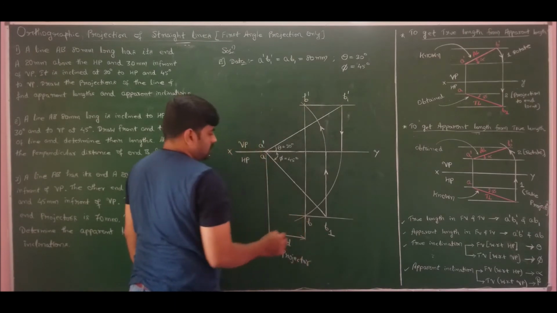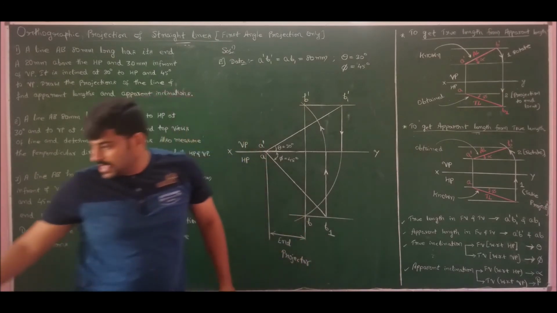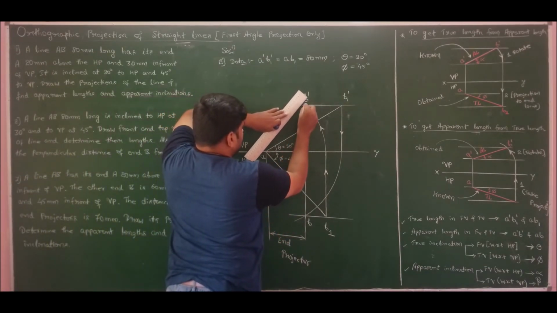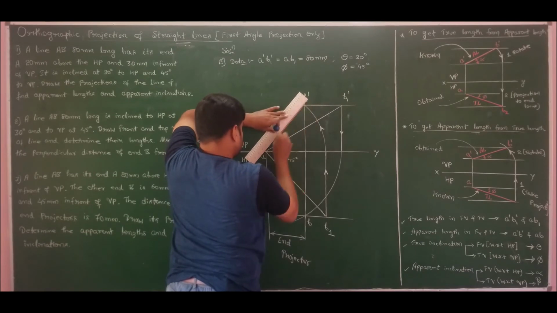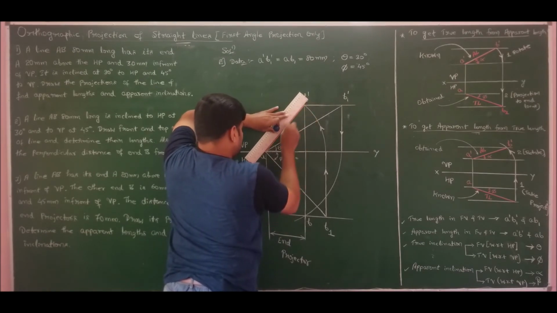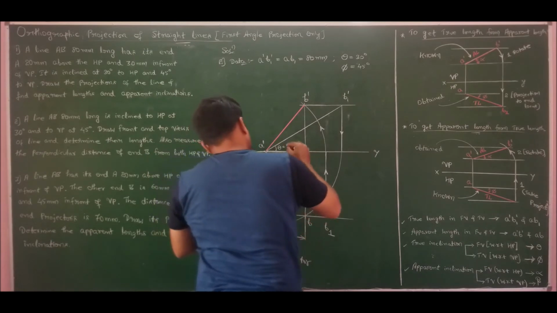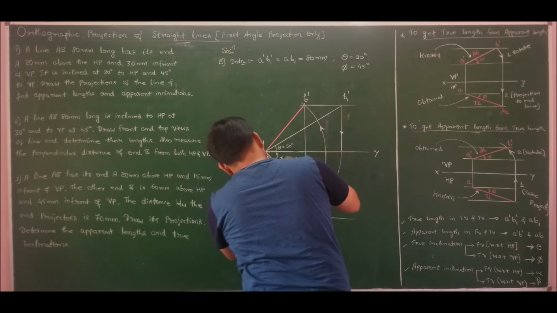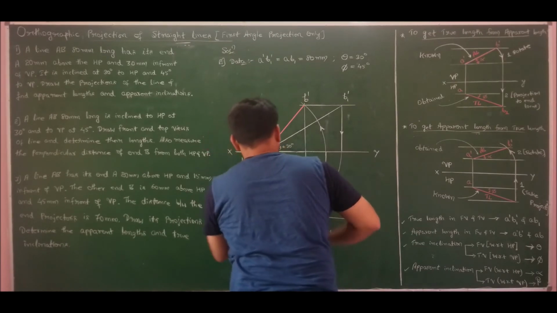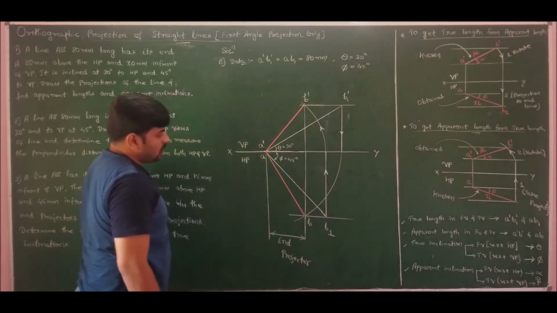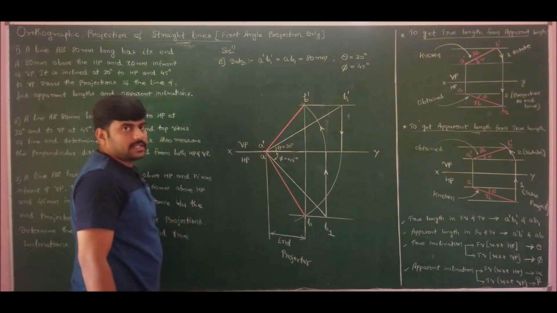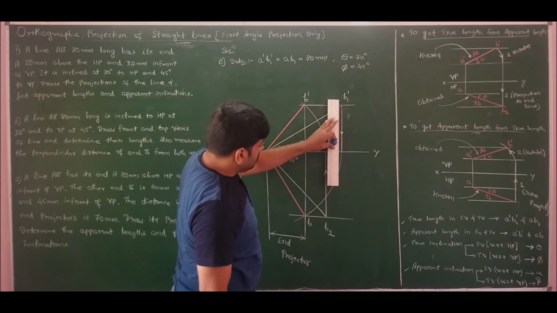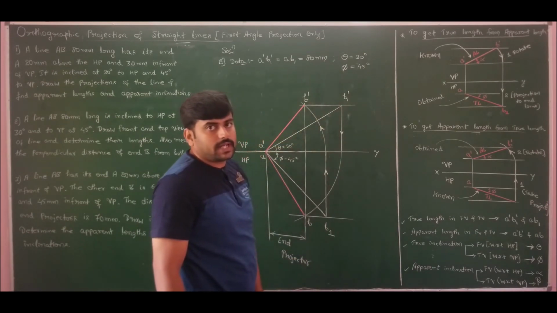So this is B dash. Since this is apparent line, I should use very thick line. So therefore I am using different chalk. Draw with the help of thick line. Let us say the thickness is 0.5 millimeters. So the concept of end projector holds good only for apparent lines, not for true line. You can observe here, if I draw vertical line for true lines, they won't pass through the same vertical line.